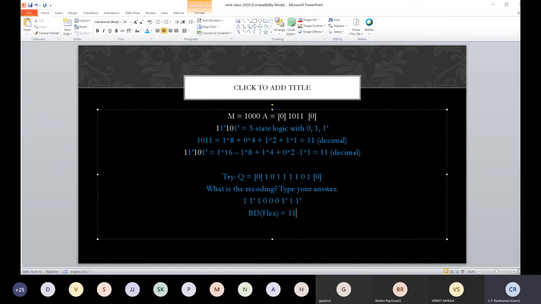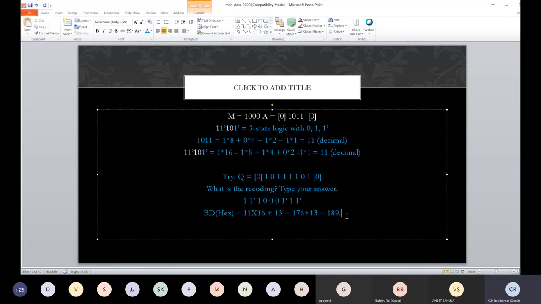It is 11 times 16 plus 13. So that is 176 plus 13. That is equal to 189. This was the original number I took.